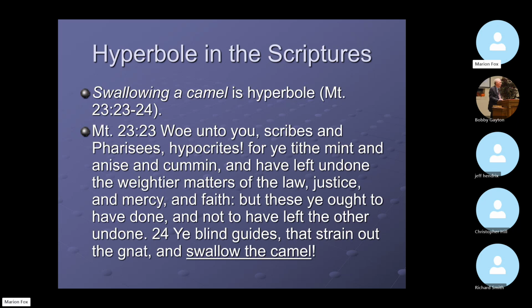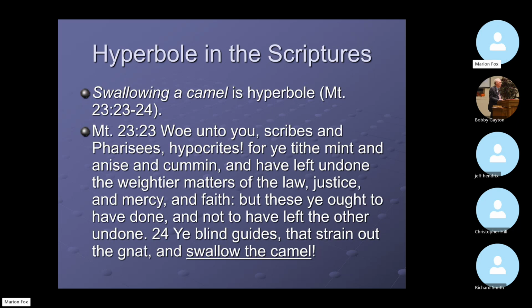He's saying that you should have done both of these things, not just somehow have the idea, well, if we have the attitude right, we're right with God. Attitude being right is the beginning point of serving God. We have to have the right attitude, and then our actions must follow in accordance with God's will. How can we say we have the right attitude when we don't obey God?